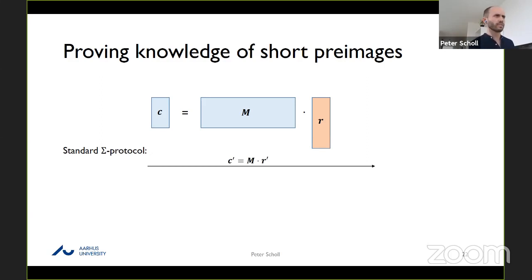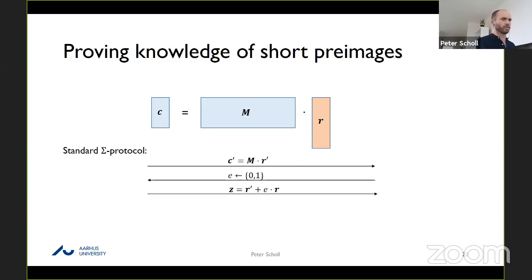And they all follow this kind of standard Schnorr type Sigma protocol approach with this 3-move protocol between a prover and a verifier. So if you want to prove knowledge of the secret r, then the prover in the first message will generate a fresh random ciphertext with different randomness r prime. And the verifier responds with a random challenge. In this case, let's just say it's binary. And the prover sends back this value z,